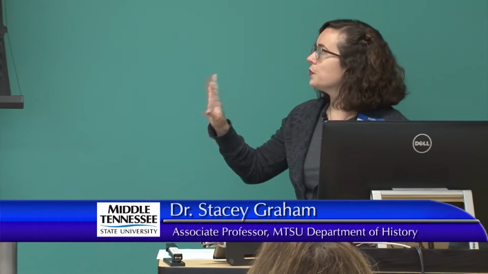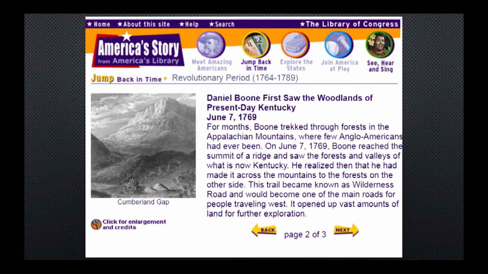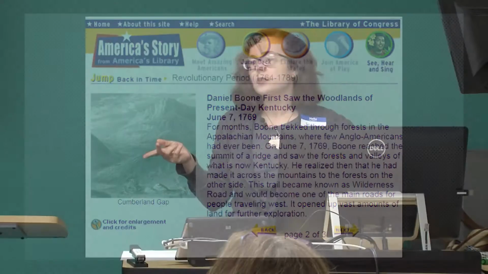And this is from a portion of the Library of Congress website, which if you're not already familiar with this one and you teach fifth grade, then you should be because it's really nice. America's Story. This is totally for fifth grade reading level and they have a lot of different features on it. Anyway, so this is just a couple short years after that letter that we just read. Daniel Boone is finding his way into Kentucky, and this is how he gets there, the Wilderness Road. So he's one of the prime movers in this new settlement pathway.